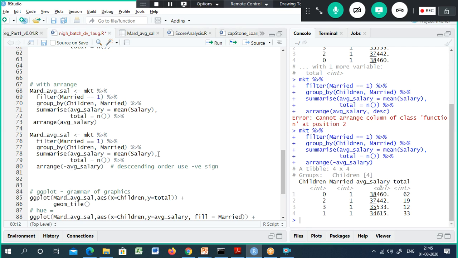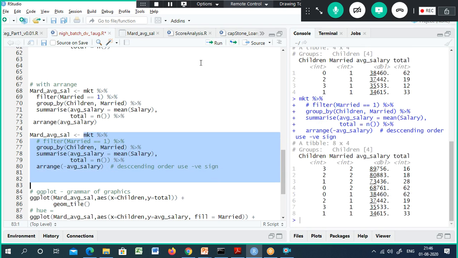Now the question is, let's say I have something else called married, married people. Let me just knock off this one. I want both married and unmarried, but here we have 0 and 1. Look here, married, how come it shows 1 and 2?